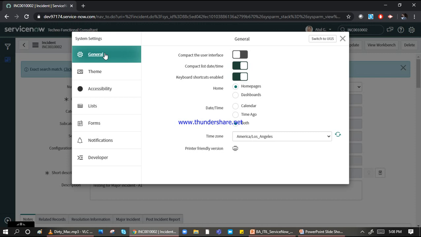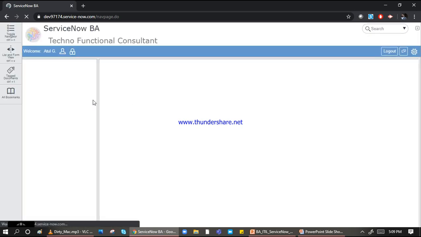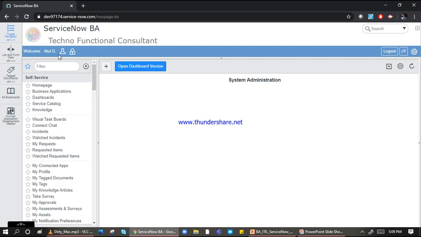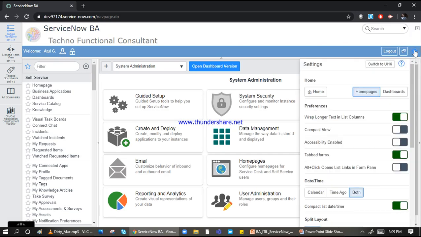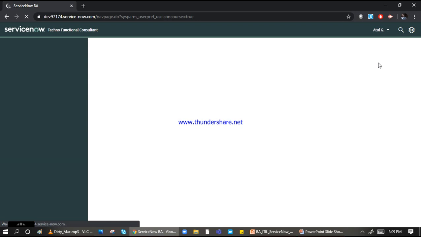Number one, in the current scenario, we are using UI 16. The previous interface is called UI 15. I click here, and you can see that everything changes in my system. It's loading now. Everything has been changed, the complete front bar. Some users still prefer UI 15, but as we are moving to the new version, we always prefer UI 16. So now I go back to UI 16. I click here again, and now I am on the UI 16 page.